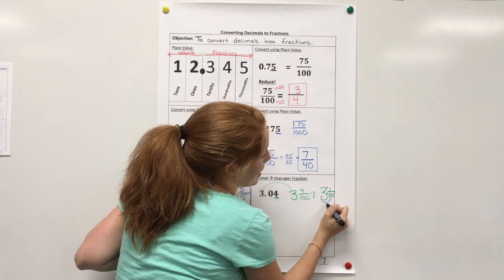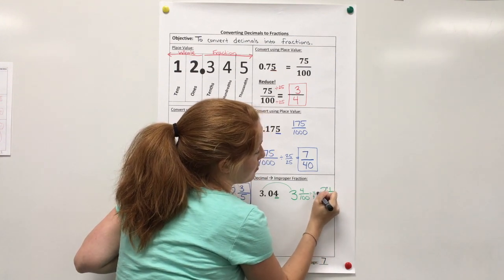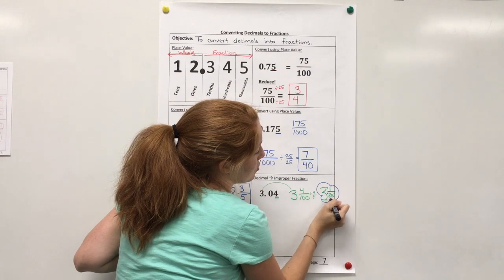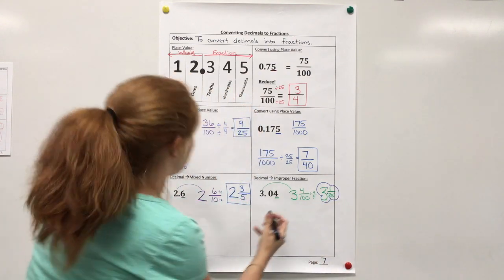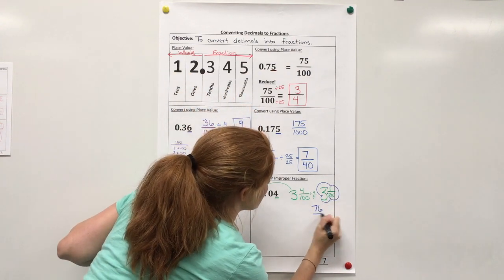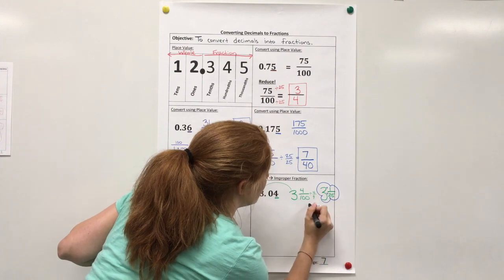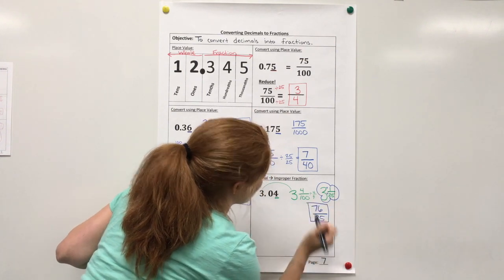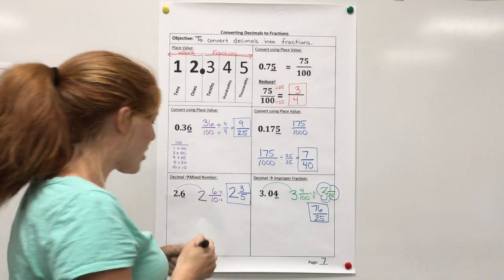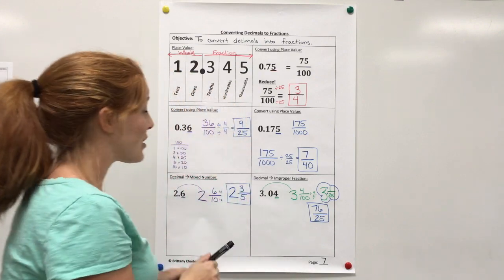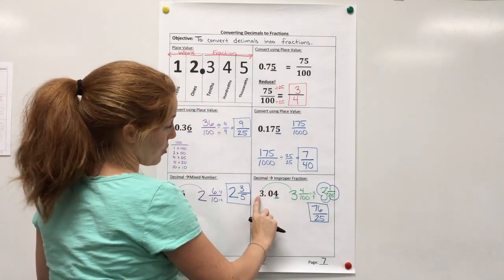Multiply 25 times 3, that's 75, plus 1 is 76. So 76/25. That's one way. Now the other way I could do this is I could take all the numbers, 304,